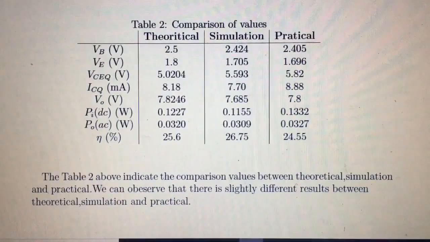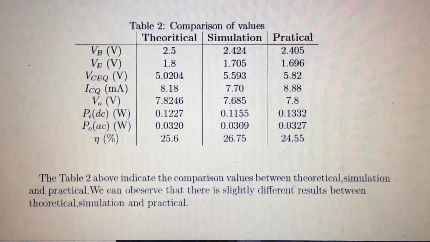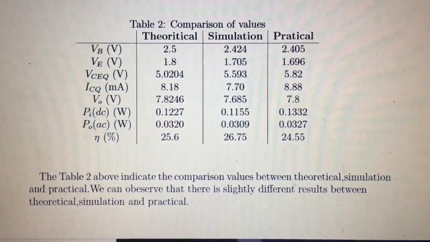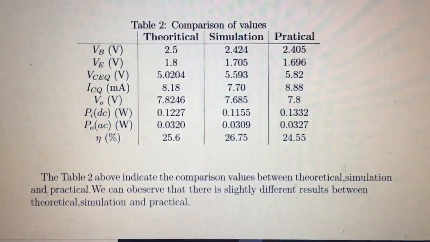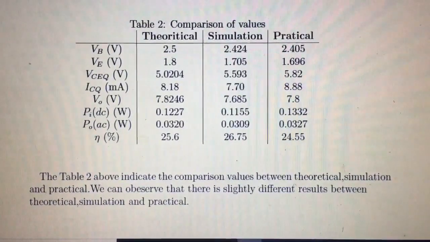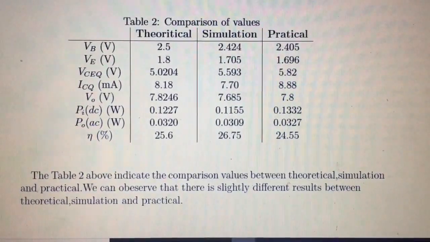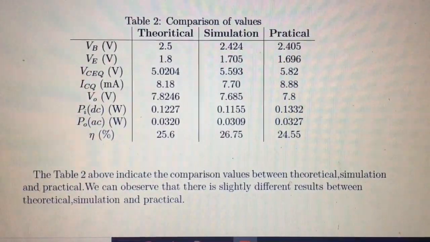For the practical, the value of efficiency is 24.55%. It was obtained by using the equation, and we use the value of the output voltage from the oscilloscope to obtain the power output. We use the equation Vout squared over 2RL. Our class A power amplifier efficiency is between 25% to 50%. Therefore, we did